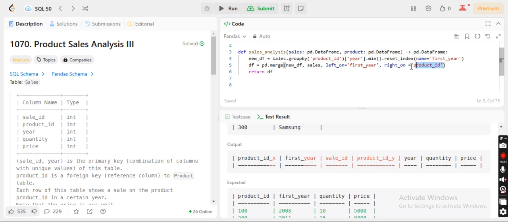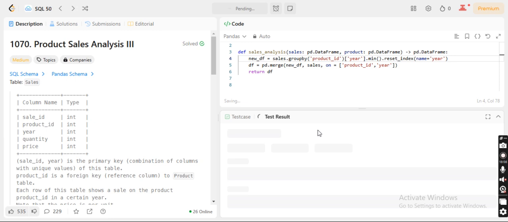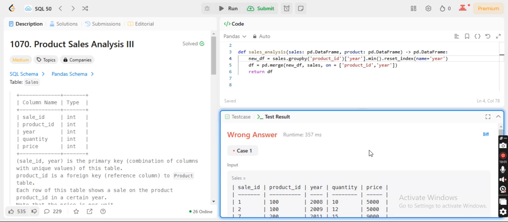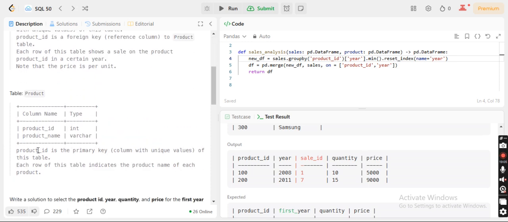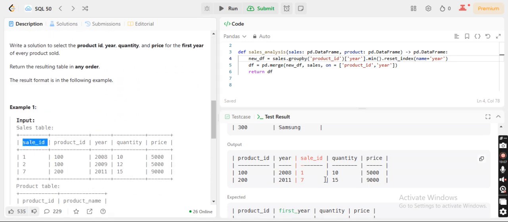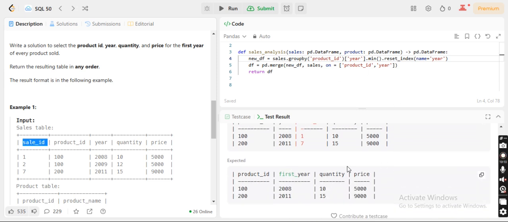There is one more approach which we can use, which is basically this part, product ID, comma, year. And let's just say this as year itself. And let's just run this. What extra do I have? Sales ID. Okay, sales ID and first year. Great. So now I got the table.